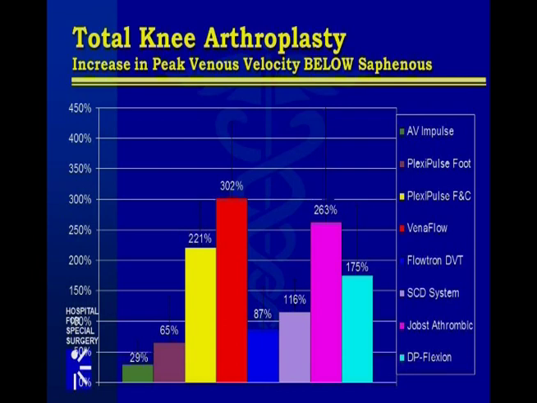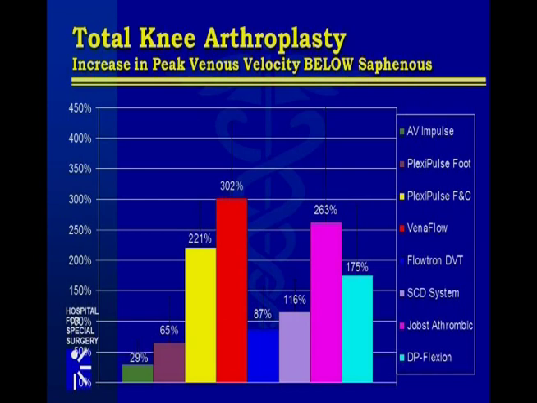Using the same foot pump technology and adding a calf sleeve increased the peak venous velocity to 221%. Using an impulse calf compression device with the VenaFlow, there was a 300% increase in peak venous velocity. The traditional devices that we had used at our hospital were slow squeeze devices, and you can see in the middle the 87% increase in peak venous velocity with the Flowtron. The Kendall sequential compression device had a 116% increase in peak venous velocity, and the Jobst device 263% increase in